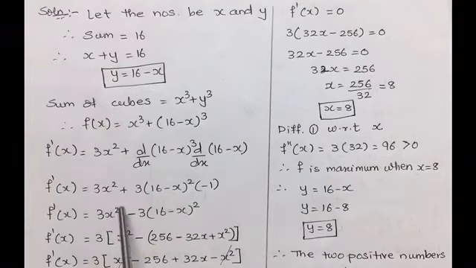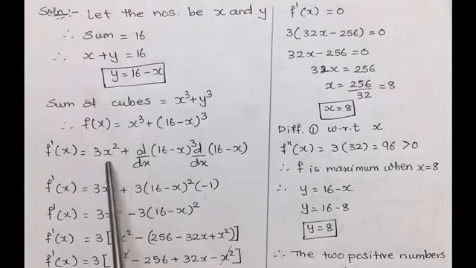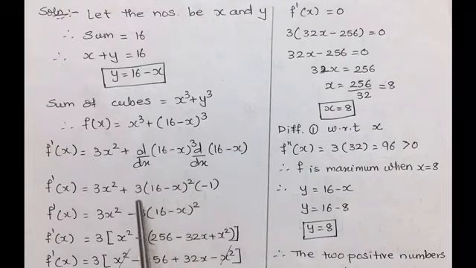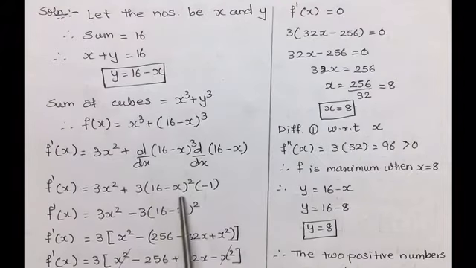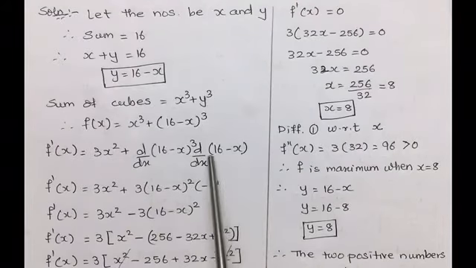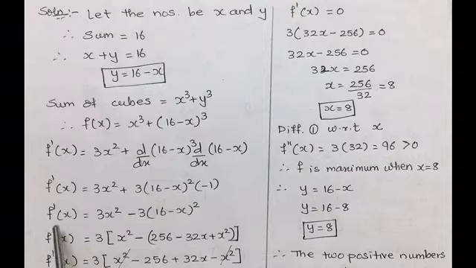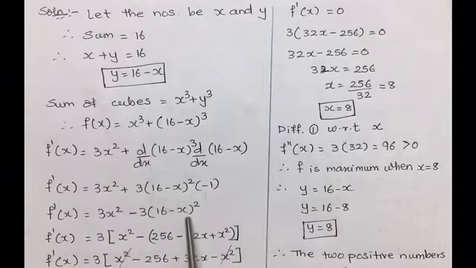So f dash x becomes 3x square plus derivative of power is 3 (16 minus x) whole square, and derivative of 16 minus x is minus 1. So f dash x we get 3x square minus 3 (16 minus x) whole square,